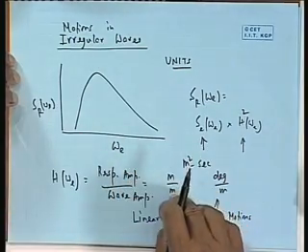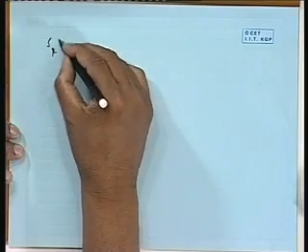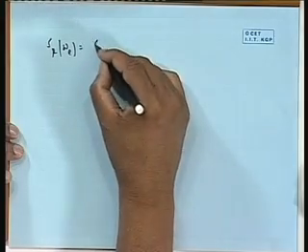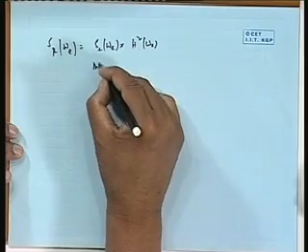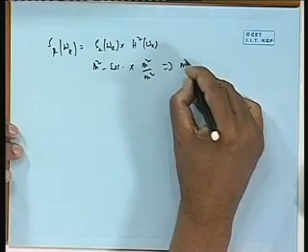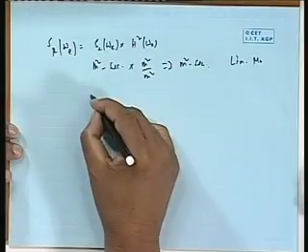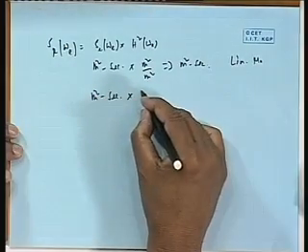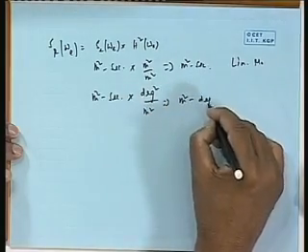Now, supposing it is meter by meter, then this becomes meter square second into meter square by meter square. So this becomes meter. I will just write it again here: S_R(omega_e) equal to S_E(omega_e) into H square(omega_e). So this is meter square second into meter square by meter square, which gives you meter square second. Okay, this is for linear motions, or this is meter square second into degree square by meter square, which gives you meter square degree for angular motions.